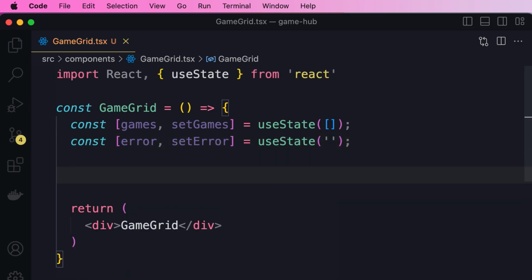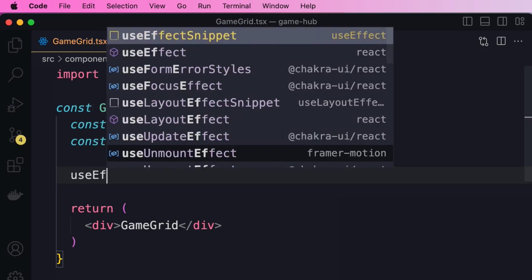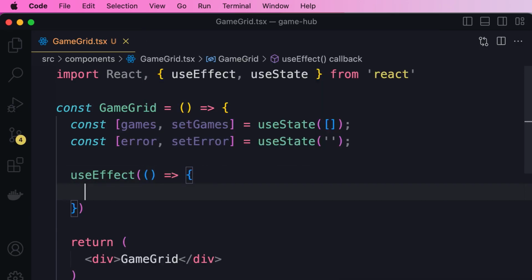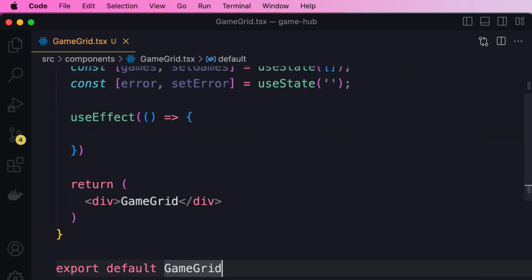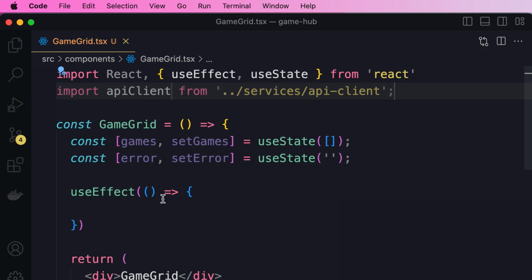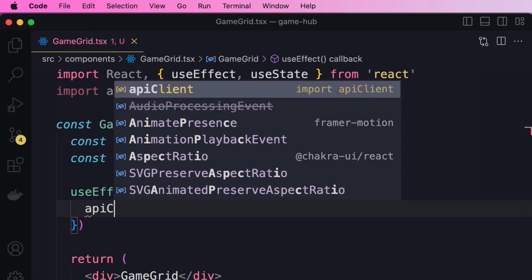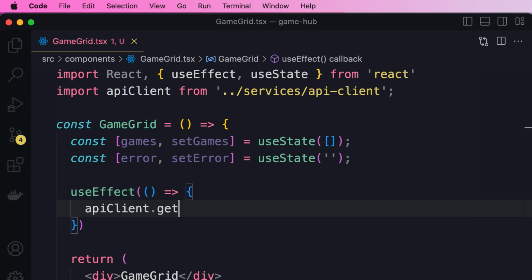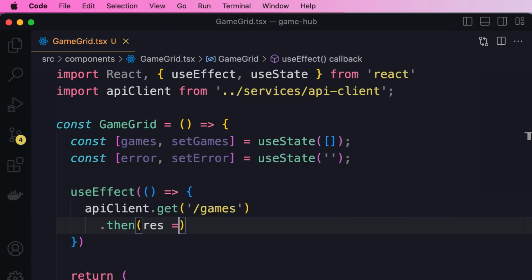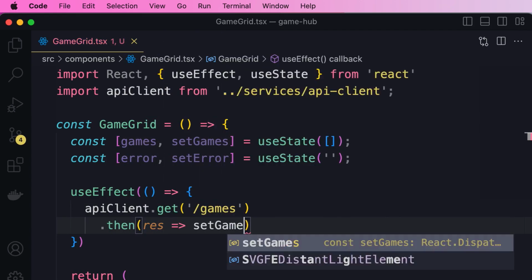Next, we should use the effect hook to send a fetch request to the backend. So useEffect. Here we pass a callback. In this function, we need to use our API client. So on the top, we import apiClient. Good. And then over here, we call apiClient.get. We send a request to the games endpoint. Now, if everything goes well, we're going to grab the response and set the games to